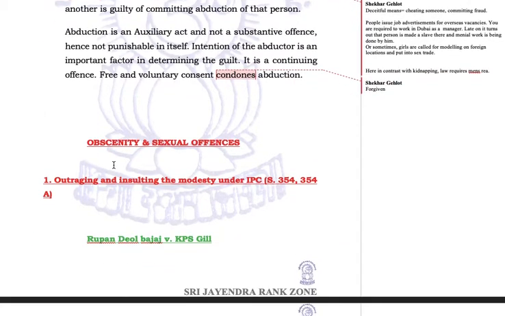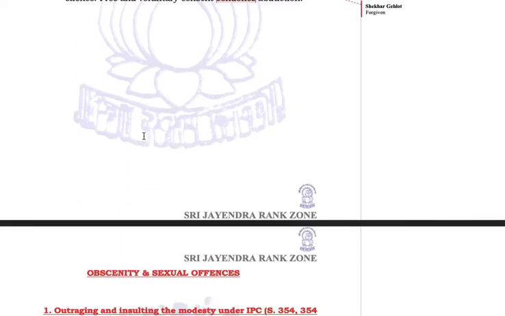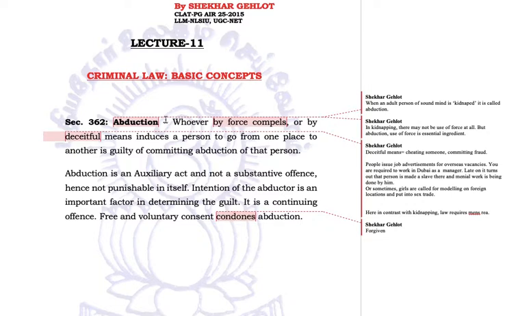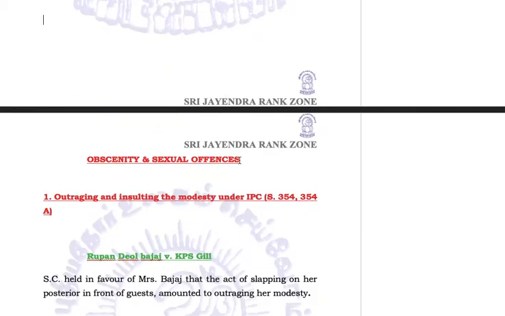Now we move on to obscenity and sexual offenses. Another kind of offenses. We are now done with major portions of offenses against the human body. Okay, see, law is very detailed. We cannot discuss all, but we are discussing only what is major and which has most probability of being asked in the examination, and historically which has been traditionally asked more. Those chapters only we are doing. Now let's move on to offense of obscenity and sexual offenses.